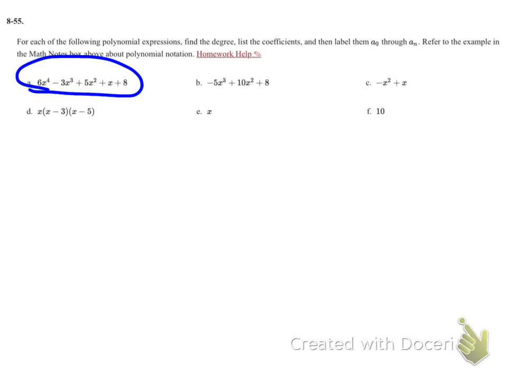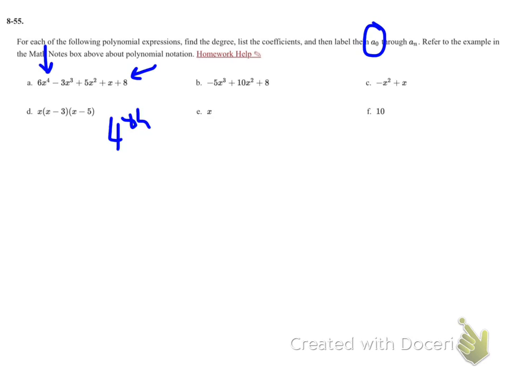So for this first one, the degree, remember, is the highest exponent. I have an exponent of 4, so it's a fourth degree polynomial. Now, if I want to take a look at my coefficients, a sub 0 is actually the constant term, so I'm going to do that one last. I'm going to start off with a sub n, and the n goes with the highest exponent as well. So the coefficient for a sub 4 is going to be 6,